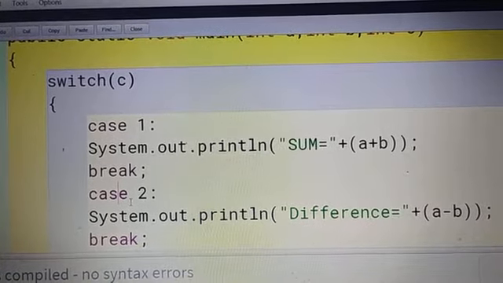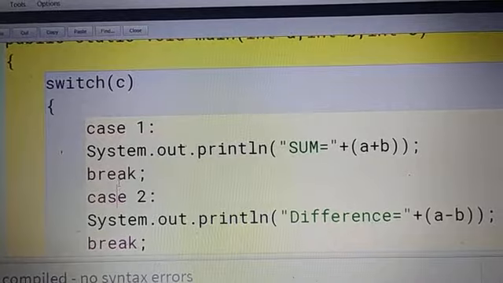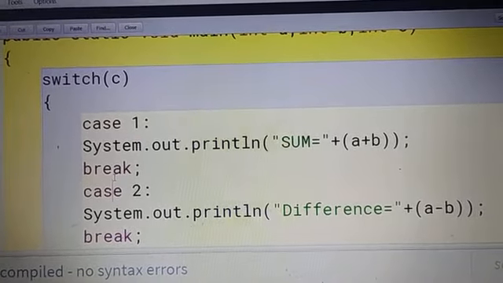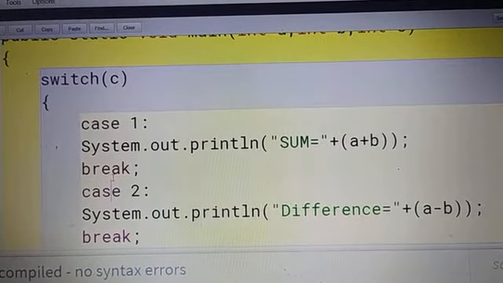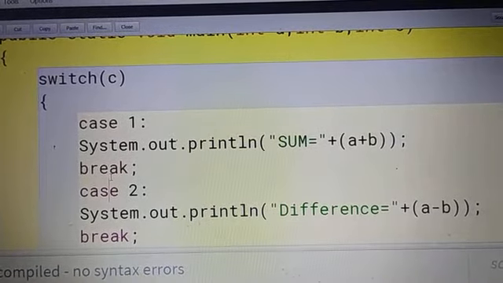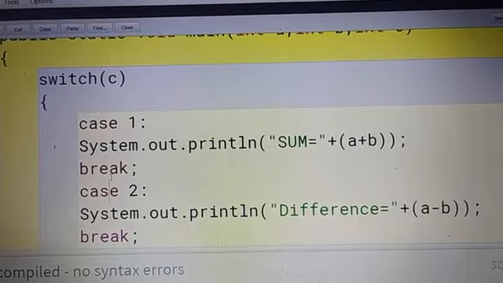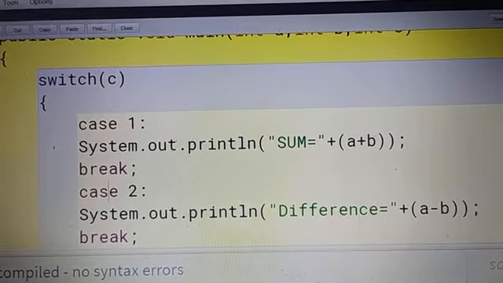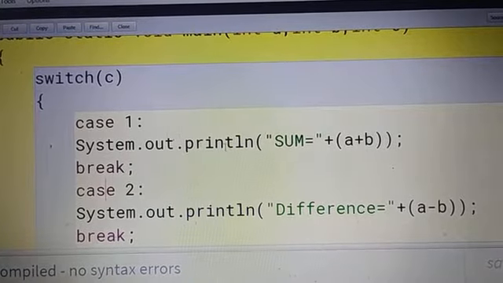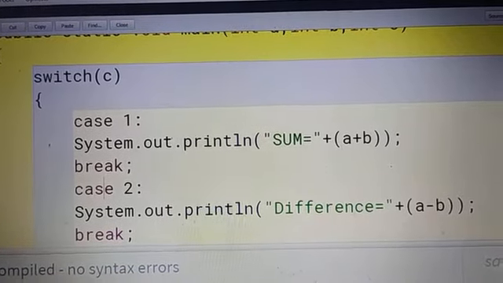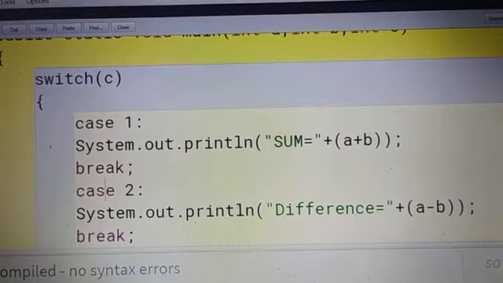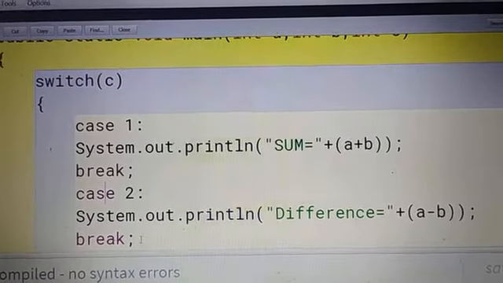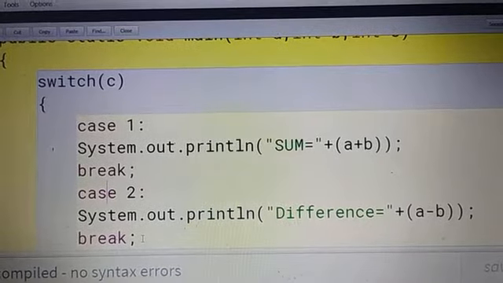Until it gets a break statement, it will not come out of the switch case statement. Only when the break statement is executed does it come out of the switch case. So remember, break is compulsory. If you don't put the break and you press 1, then the addition is going to be printed and the difference is also going to be printed. When the compiler gets a break, then it comes out of the switch case.